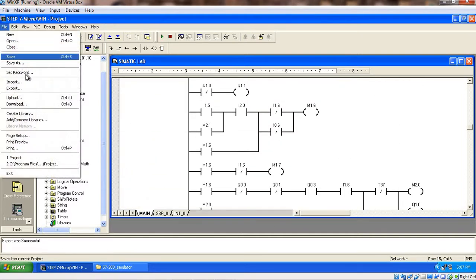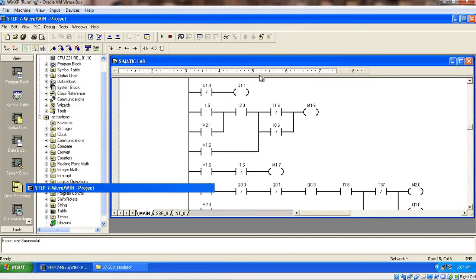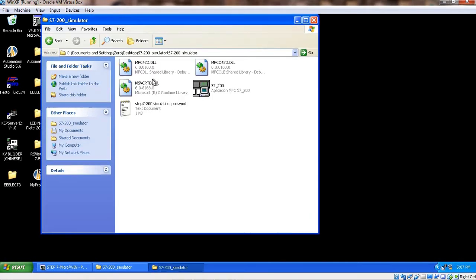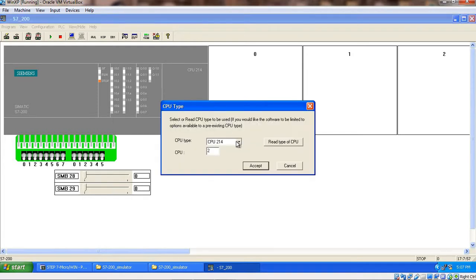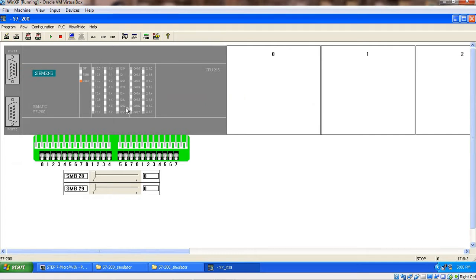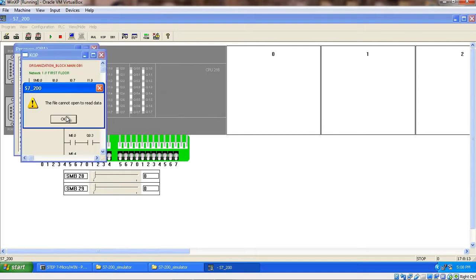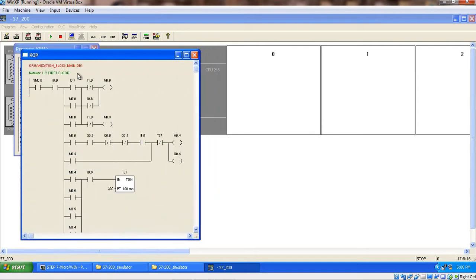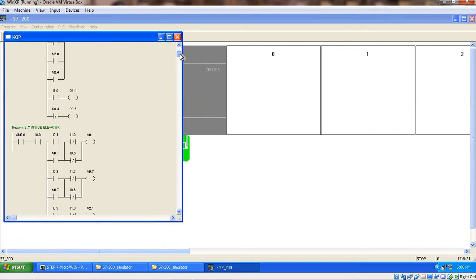So first we are going to export it. Elevator. Then we are going to open up the S7-200 simulator. We're going to select the CPU 216 because it has a lot of inputs, up to I2.7, and the output is up to Q1.7. Let's load the program that we have exported. So as you can see, this is the ladder diagram that I have shown you earlier,